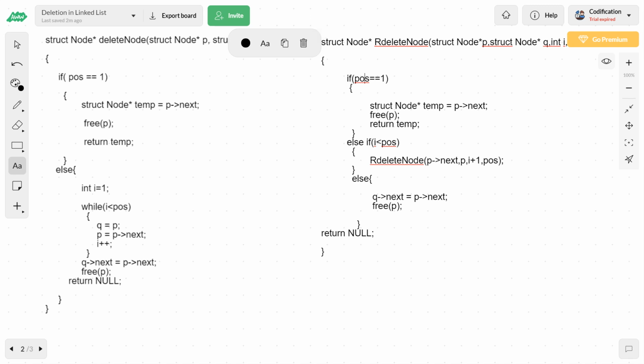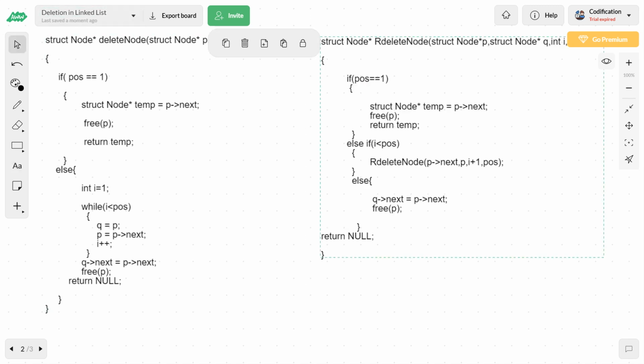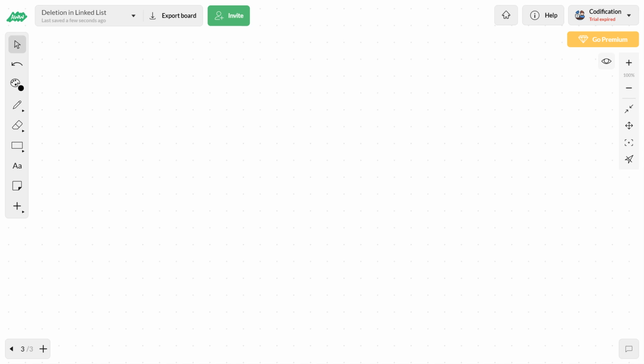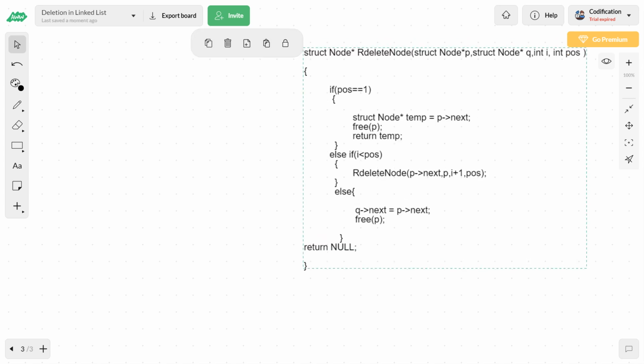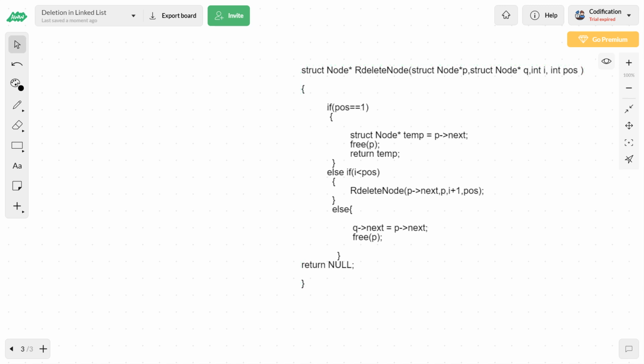Okay, so let us take a copy of this code. So this is the code available. Now let us take a main memory.